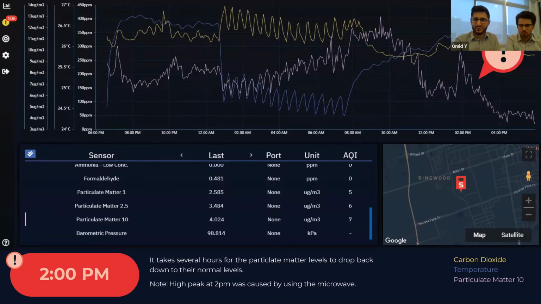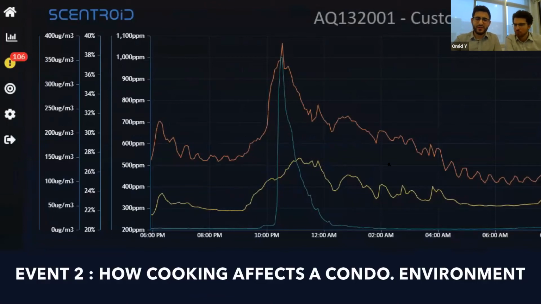And here at 2 p.m., roughly here, you can see a little bit of a peak in the particulate matter, and that's corresponding to the use of a microwave at that time. Now, one more interesting thing about the apartment environment is the cooking and how it affects our indoor air quality, which we often overlook. So here you can see a plot